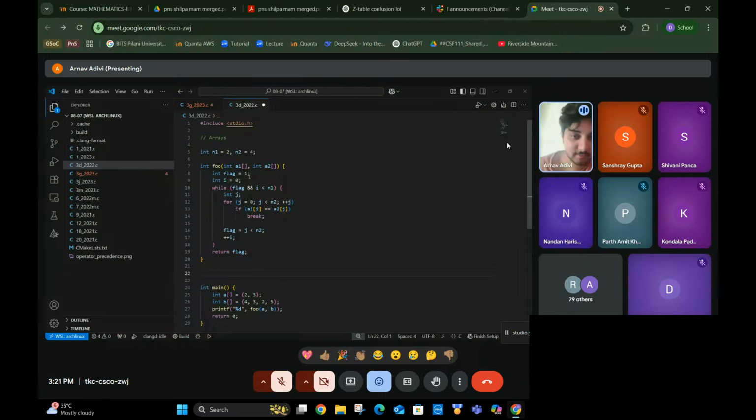Okay, so first of all, flag gets declared to 1, i equals 0, and we have a while loop here. So while flag and i is less than n1. Flag is 1, which is non-zero, so it's true, and 0 is less than 2, which is n1. So initially this condition is true, and so this block of code executes at least once. This gets declared